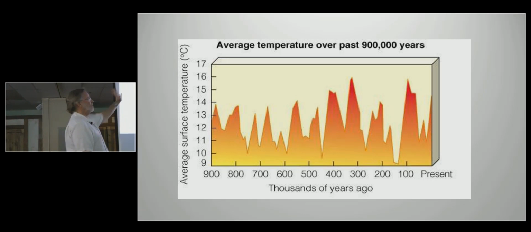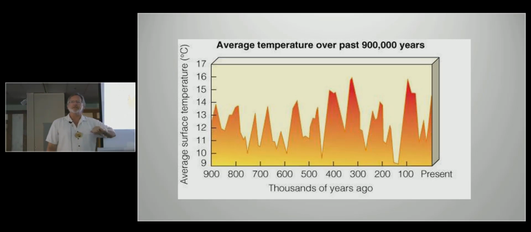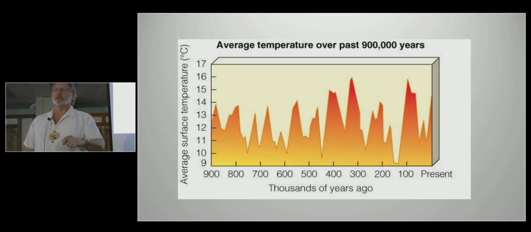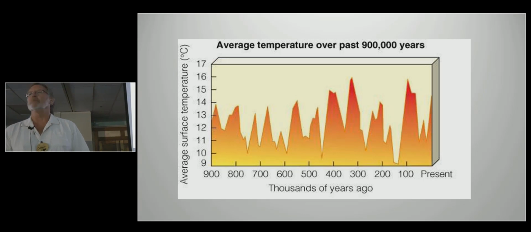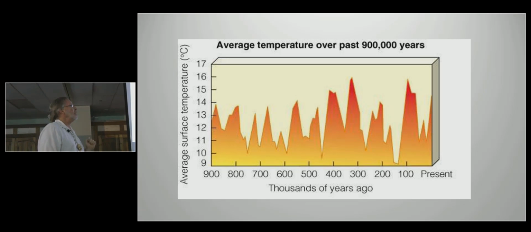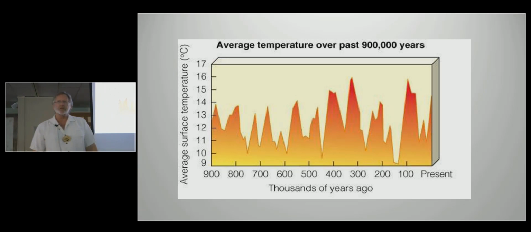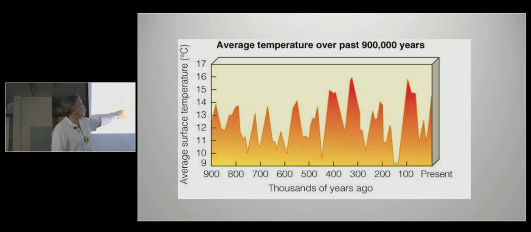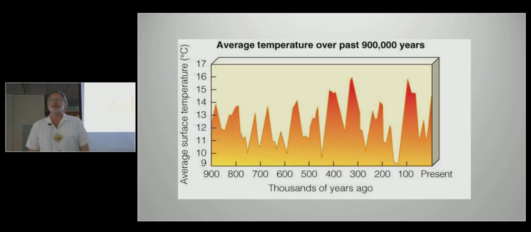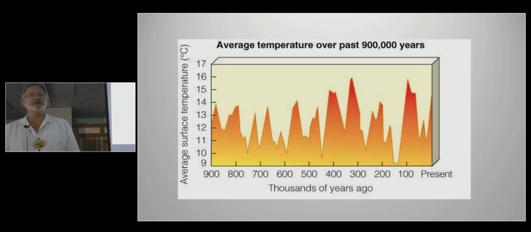And so this is almost 1 million years of history. The data comes from the Greenland ice sheet, where they take little bubbles of air from various levels of the ice, and they can determine what the past global temperatures were based on that. And over that almost 1 million years, there's about 10 ice ages. Every time we have a low peak or a low valley there, it's an ice age. Every time we have a high peak, we have a hot period.